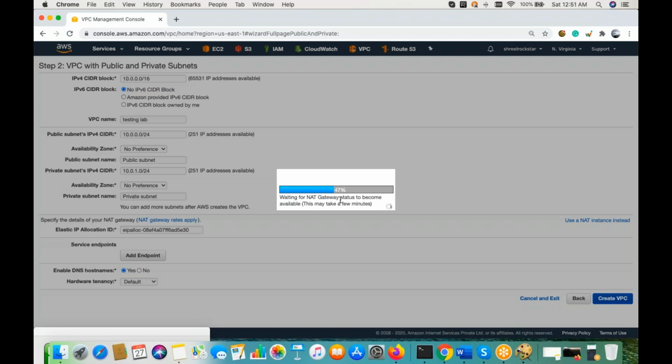So just wait for that. That means this NAT will convert the private network to the public network, like our home router. It has a private IP and it converts it through NAT like that. See, NAT is not converting actually. NAT is just a network address translation. Your private network requires internet connectivity or to send some packets out. So NAT gateway is a bridge between that. That's it.